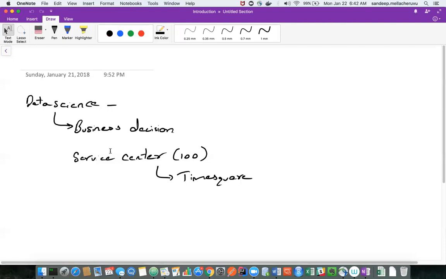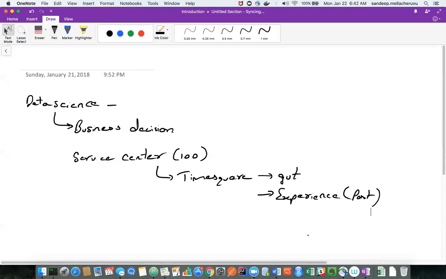To decide this, what is my basis? Should I open the new Times Square service center or should I not? Most of the time, what happens is you go by your gut, or you go by experience, which is from the past.